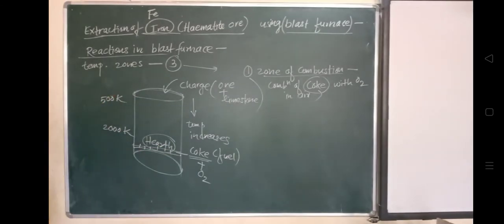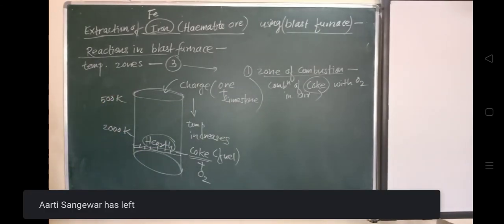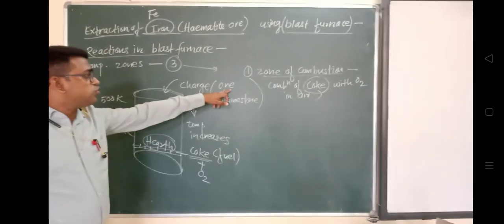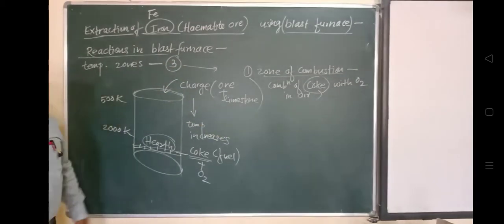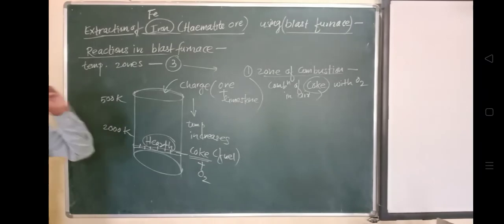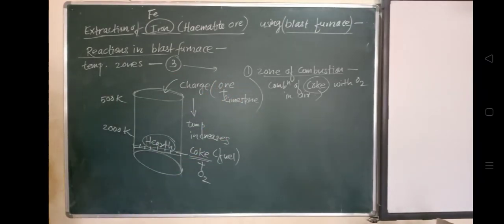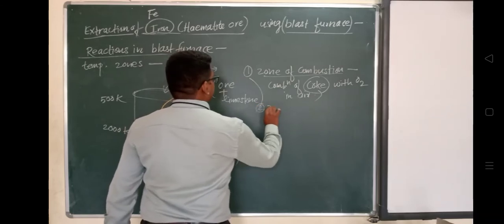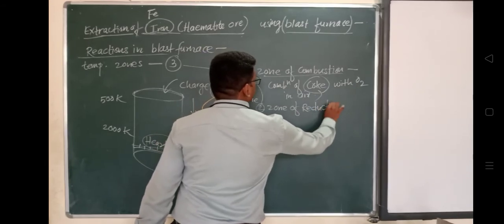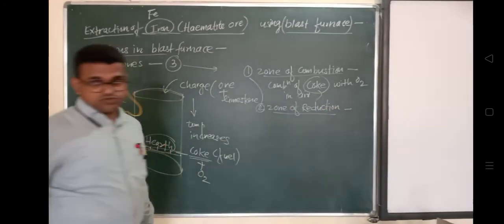समझ में आया कहाँ से फॉर्म हो रहा है? So whatever the gangue, whatever the impurities which are present in this ore, will react with this limestone. After reacting, it will form a slag, and that slag will be collected. That zone is called the zone of slag formation. So there are three zones mainly: the very first is the zone of combustion, second is the zone of reduction, where it is getting reduced, and in the third zone, the zone of slag formation, slag forms by reaction of gangue and limestone, and this slag will be collected at the bottom. So in this way, these are the zones.